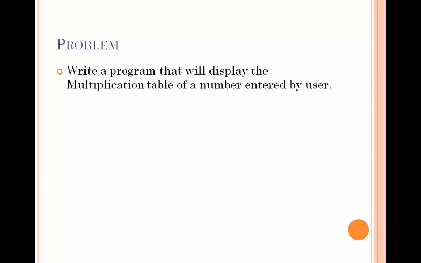Suppose in the first go we have to multiply, taking the example of 2. First I have to take 2 multiplied by 1, that is equal to 2. Then again I have to perform the multiplication operation. In the next iteration I have to do 2 multiplied by 2, which is equal to 4. Then in the next it is 2 multiplied by 3. That means I have to perform the multiplication repeatedly, with the multiplier incrementing 1, 2, 3, 4, 5 up to 10, or whatever limit you give. So in this kind of problem I can make use of a loop, and now let's see how we can do it.